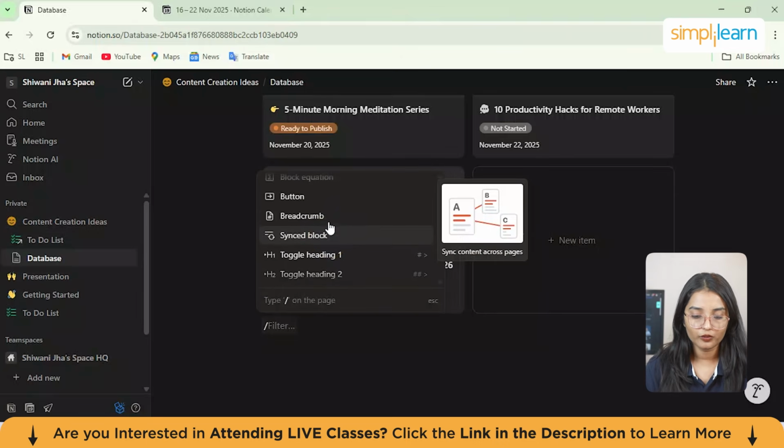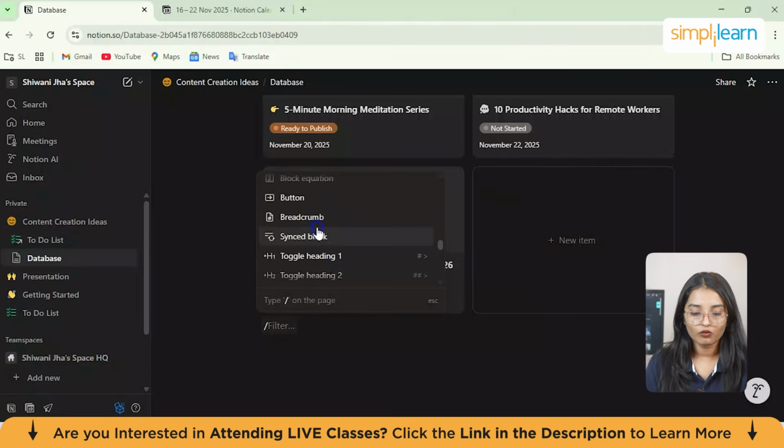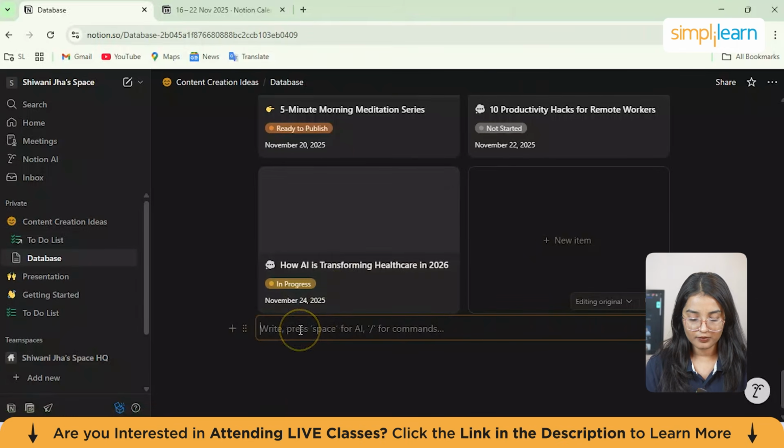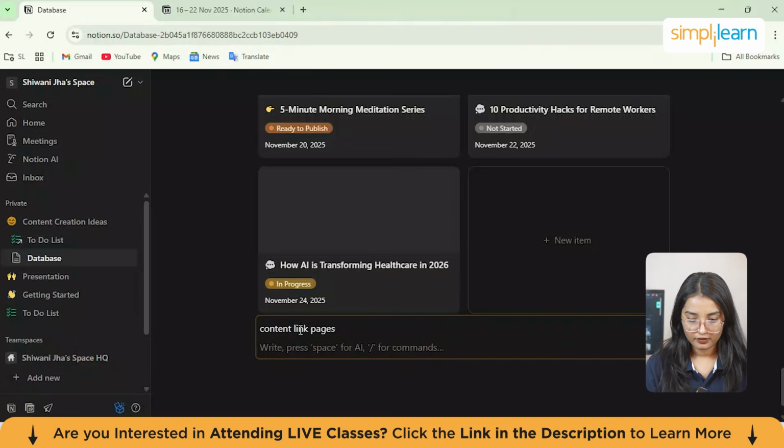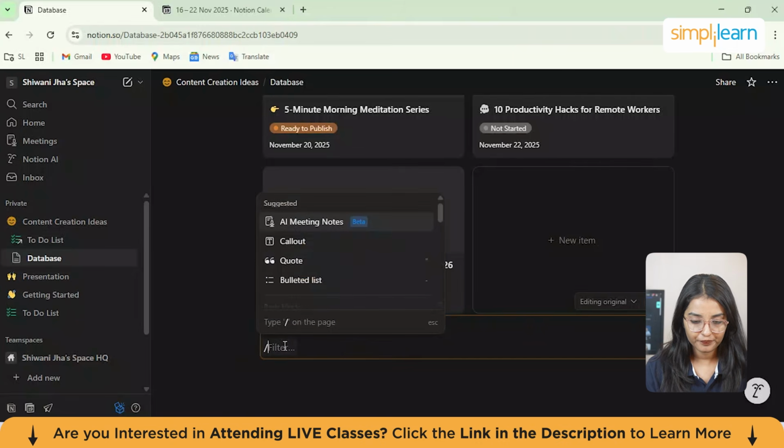One more thing I want to show you, which is the synced block. So what happens in synced block is, let's suppose I want to add it as content link pages. And then you can connect this with your other pages from here.